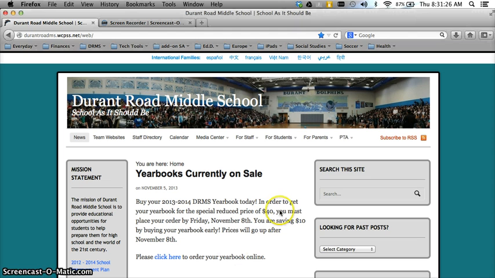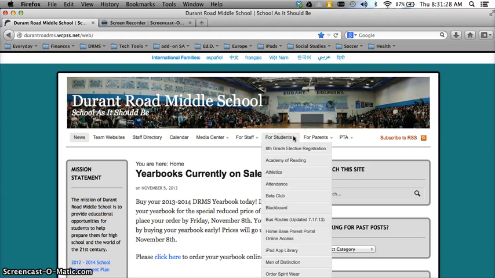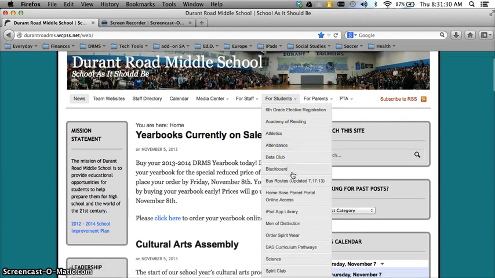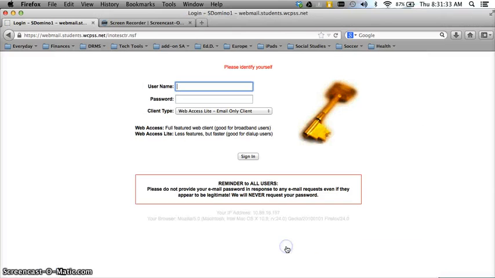You're going to go to Durant's homepage, all right, and then you'll scroll to For Students. Scroll down in the menu until you see Student Email Login. You'll get to this site right here. This is what it'll always look like. I'm going to borrow a student's credentials to log in here,